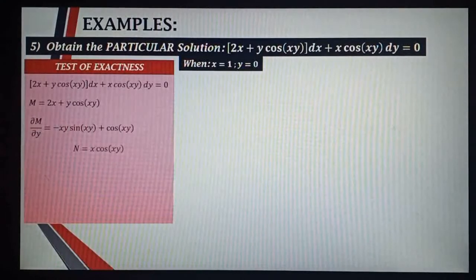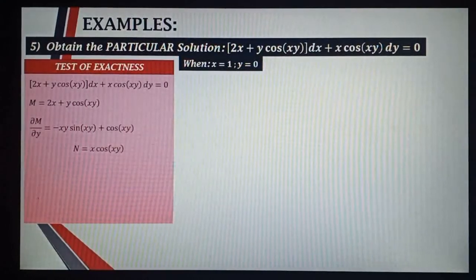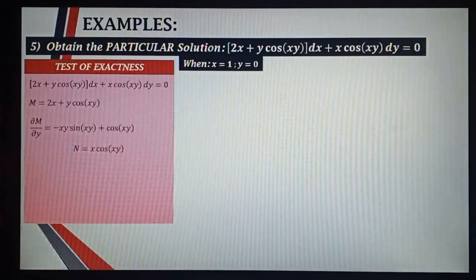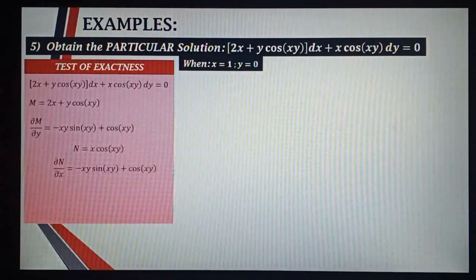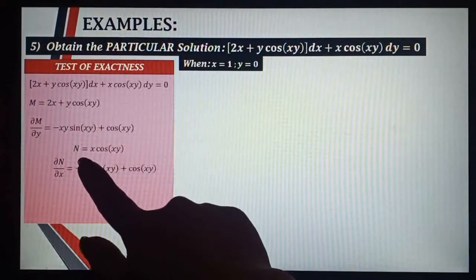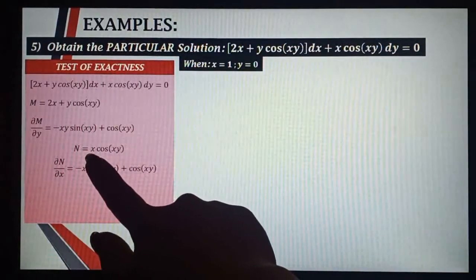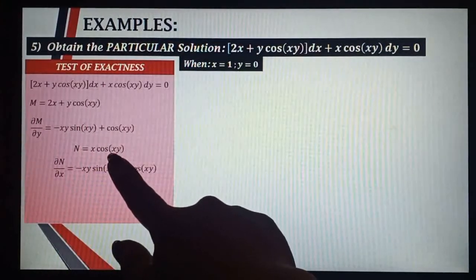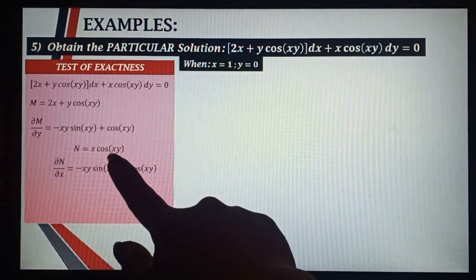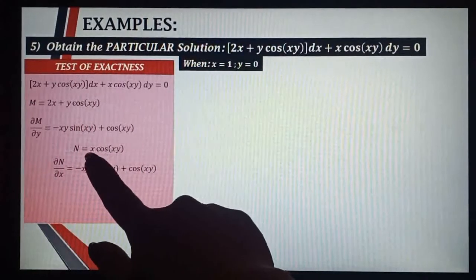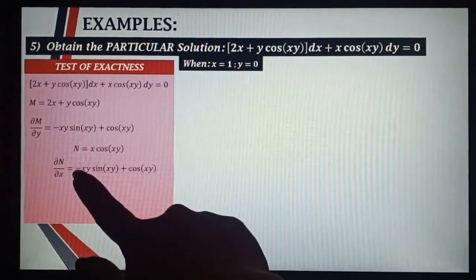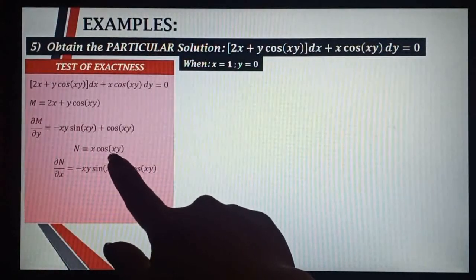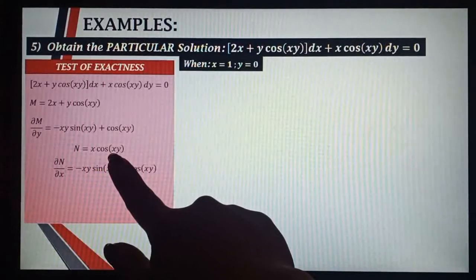Then our n is x cosine of xy. So, differentiating the n with respect to x naman, so ang variable natin ay si x. So, you have x outside and x inside the cosine. So, you will also have product. So, copying x and differentiating cosine xy, your u is xy, your du is y,